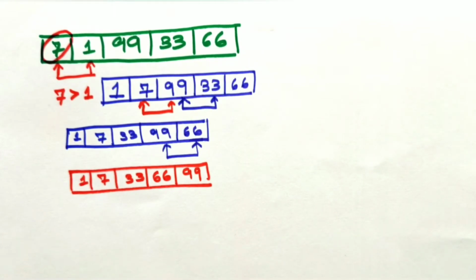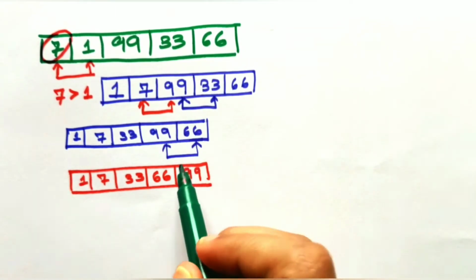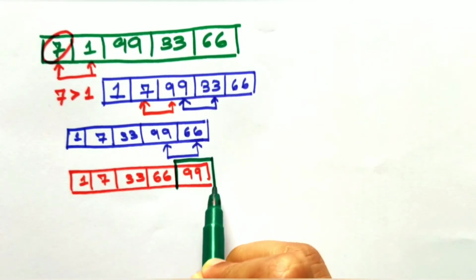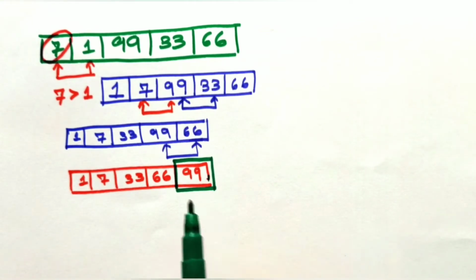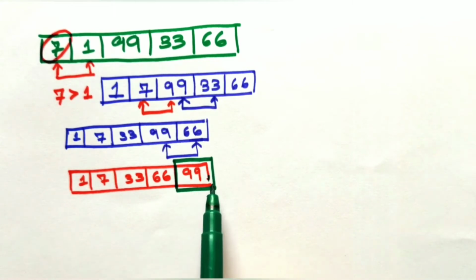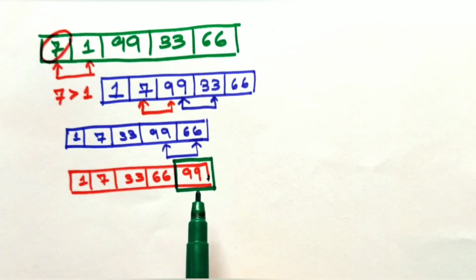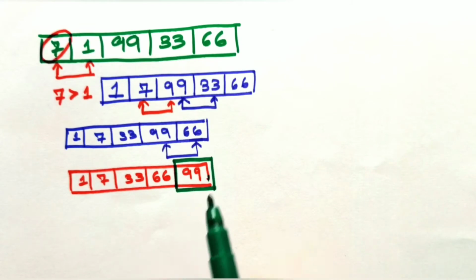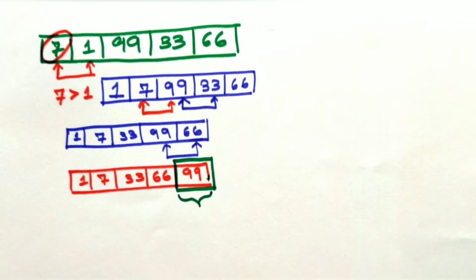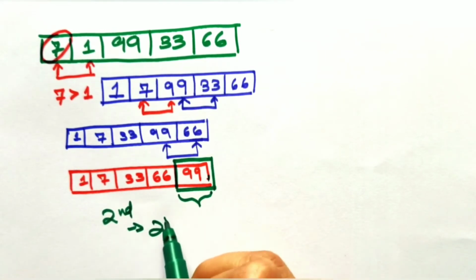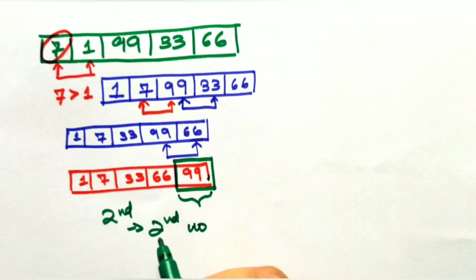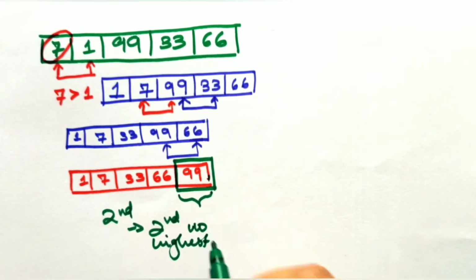And here is the interesting part. At the end of each iteration, sorry, I keep forgetting we've come to sorting, not binary search. In bubble sort, after each pass, we get the highest value. So once the first pass gets over, the highest value gets situated at the end. In the second pass, or the second iteration, we get the second highest number, and so on. And that's basically how it works.